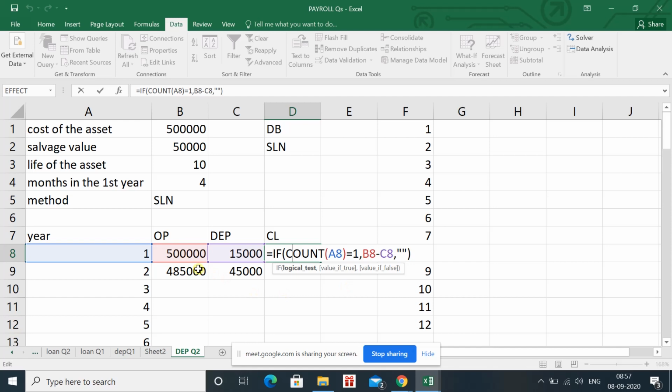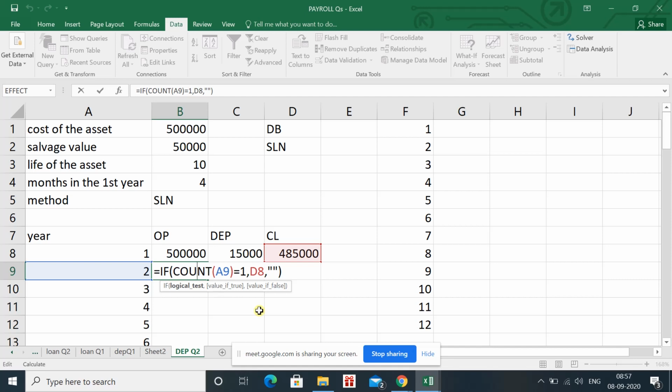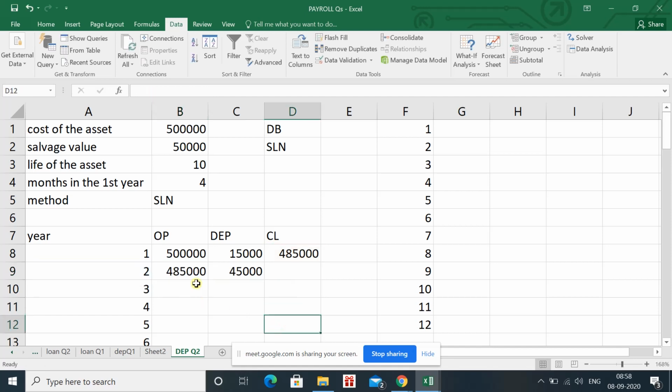Now we are moving to the second year. As we have already discussed, in the second year the amount of depreciation will vary, and the opening formula will also vary. In this case also we will give the indication that if you find a number in A9, then give the closing balance of the last year, otherwise give blank. So here also we are saying is equal to IF, bracket open, COUNT, bracket open, select A9, is equal to 1.